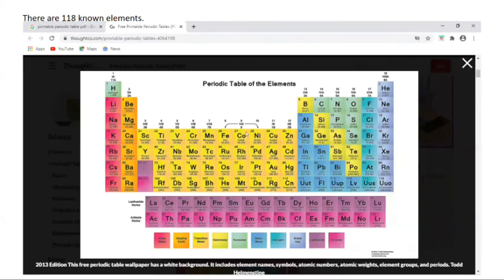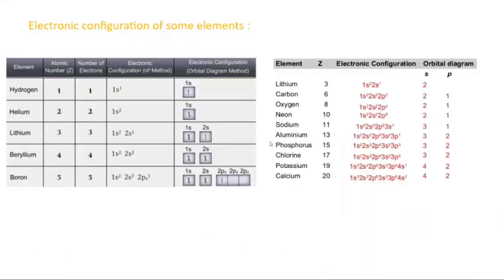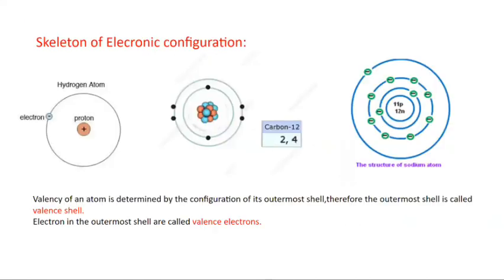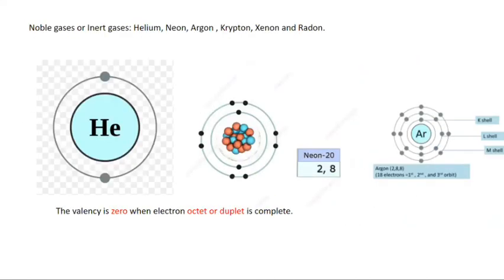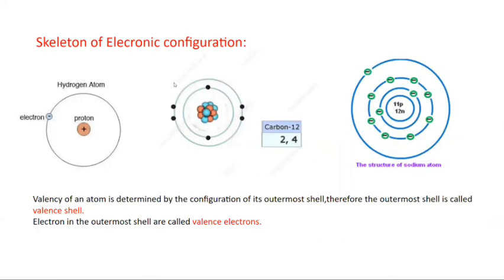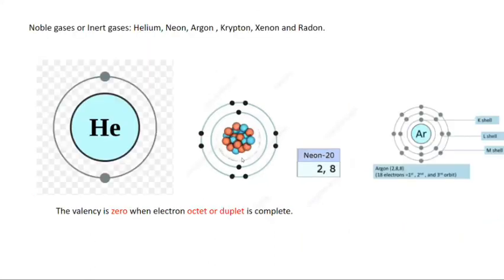Okay. So this is the electronic configuration of some elements. This is the skeleton of electronic configuration. And if in the outermost shell they do not complete their